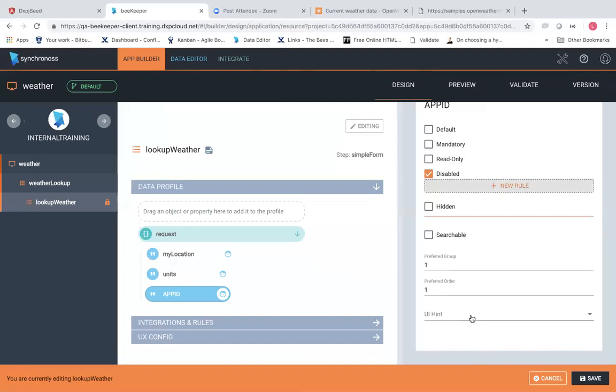The final option here is very important. It's called a UI hint. We can define UI hints in the settings area. As you can see, we have an example here. So when we select digitize signature, this field will be converted from a regular field into a signature capture box. And this is how we do it through here. But for now, I'm going to make it hidden because we've already predefined the value inside our,